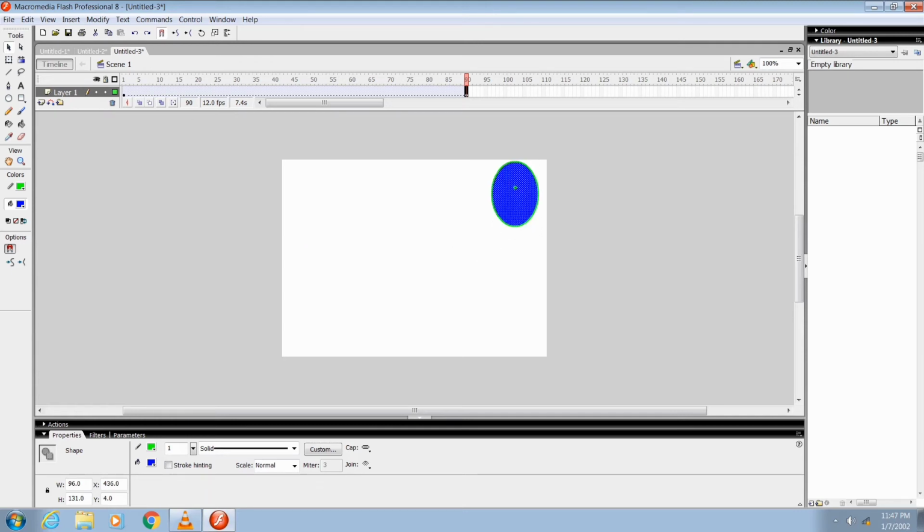Then I will see the animation by clicking on the Control menu and Test Movie. In the menu bar, go on the Control button and then click on Test Movie.